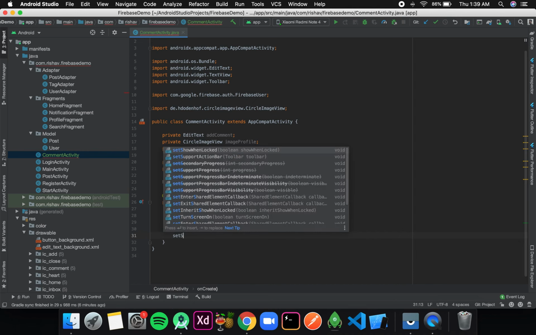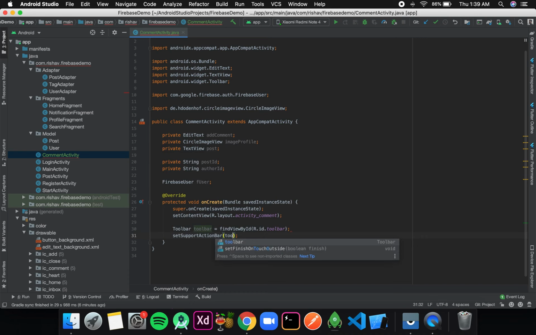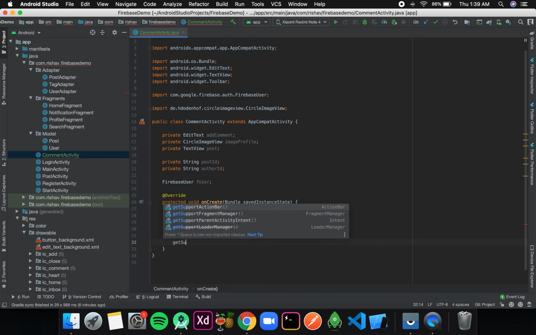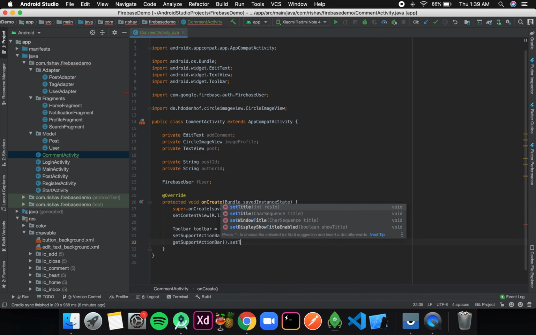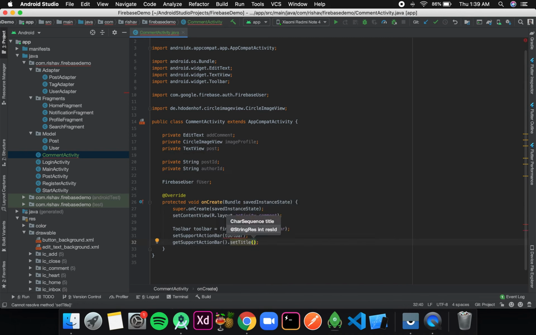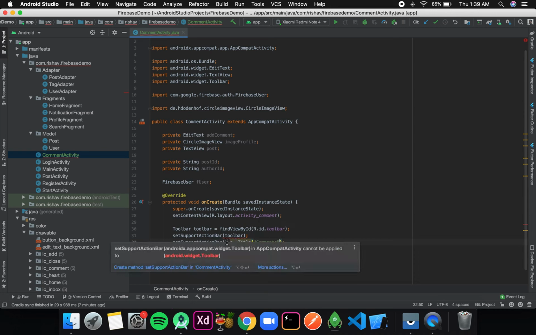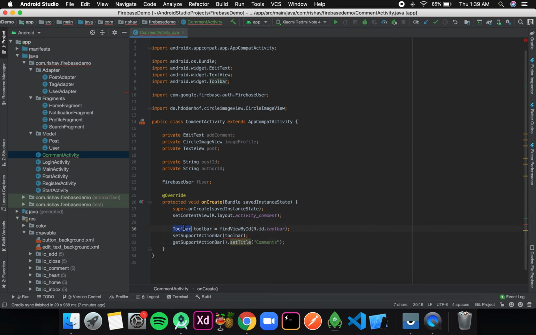Okay, then setSupportActionBar as toolbar, then getSupportActionBar.setTitle, and the title is Comments. Okay, and there is a red line over here, which is because I have imported the wrong Toolbar over here. It should be the second one. Okay, so the error is gone.